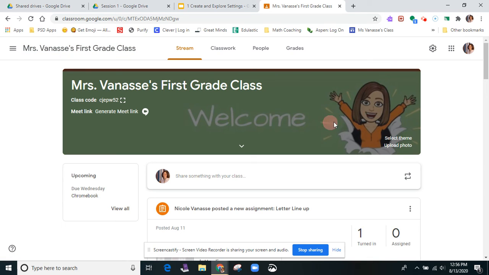So you see that I used a Bitmoji. If you have a Bitmoji classroom, you could use that. If you have a picture of you or your family or your classroom that you would like to add, you could upload a photo that goes right in here. Or